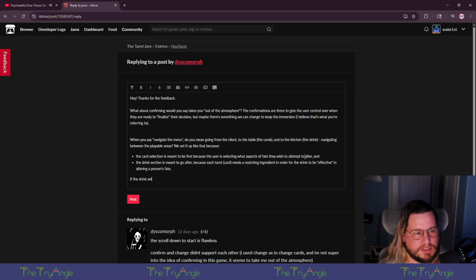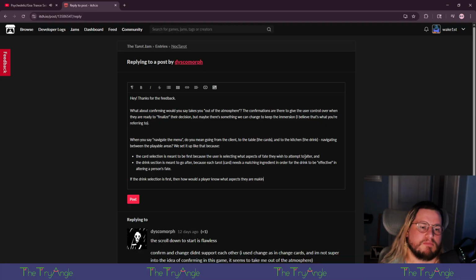If the drink selection is first, then a player could end up creating a drink. Then, let's see, how would a player know what aspects they are making a potion for?